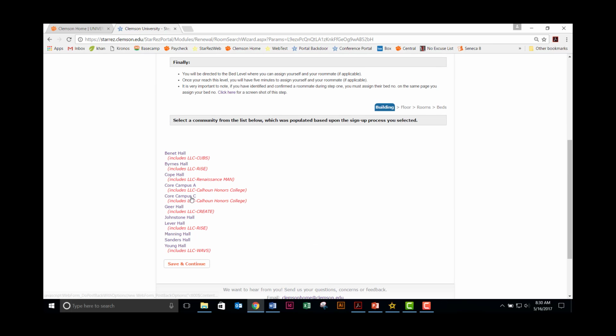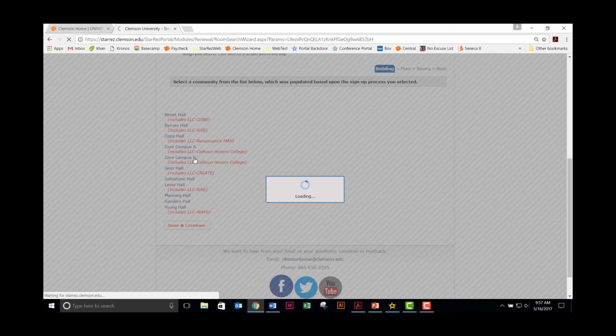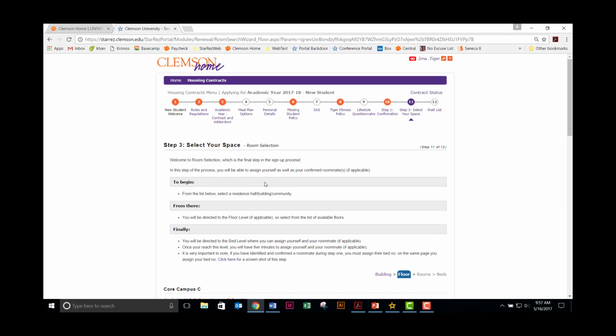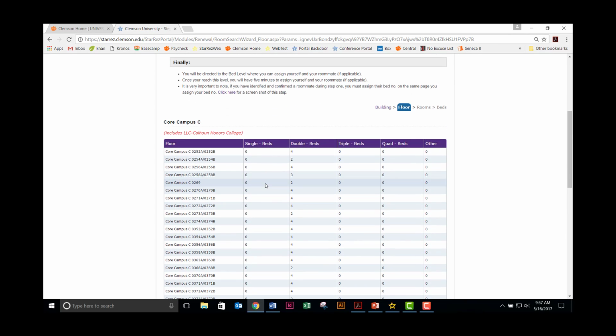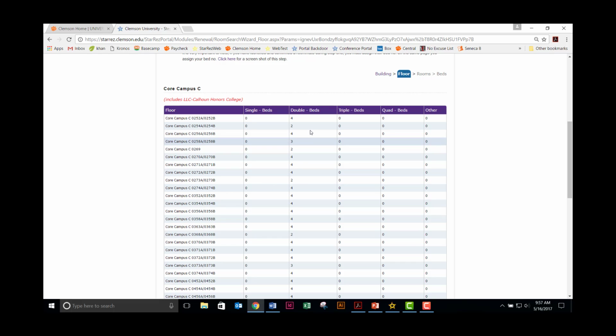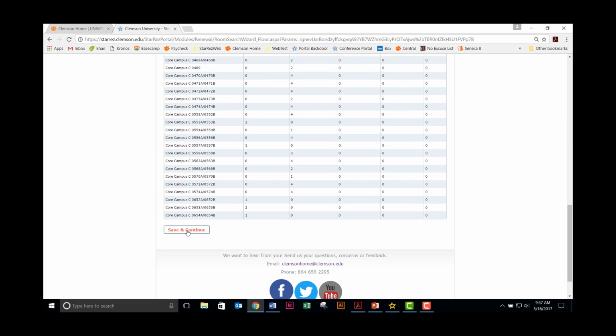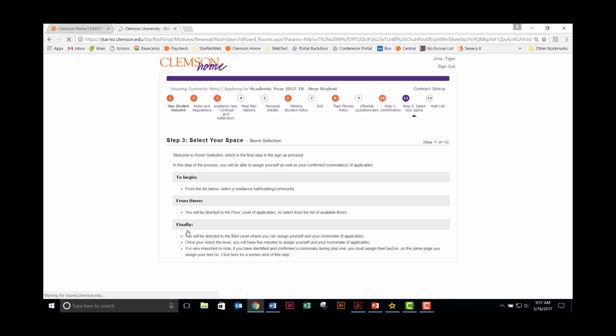So I'm going to choose Core Campus C. This will take me to the floor page. On the floor page, I can see available rooms and the beds that are available left in those rooms to reserve as spaces. For a double suite with a number 4 in this column, I know that that suite is completely empty. If I click it and choose it, and scroll down and click Save and Continue, it will take